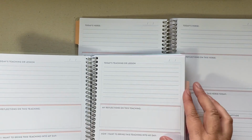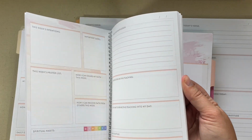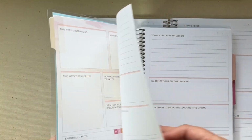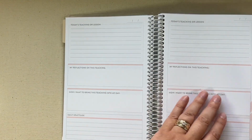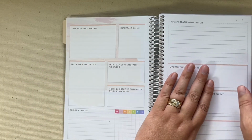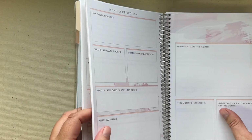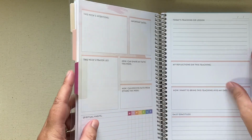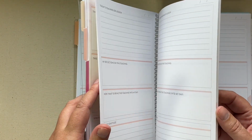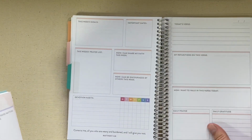And those pages are what take you through the bulk of the month. So you'll get 1, 2, 3, 4, 5, 6, 7. So a full week of daily pages, and then you're going to have that weekly dashboard again, followed by another set of those daily pages. So I think that this book then would have 3 months worth of daily pages and weekly pages. So those will all repeat. And then at the very end of the 3 months,